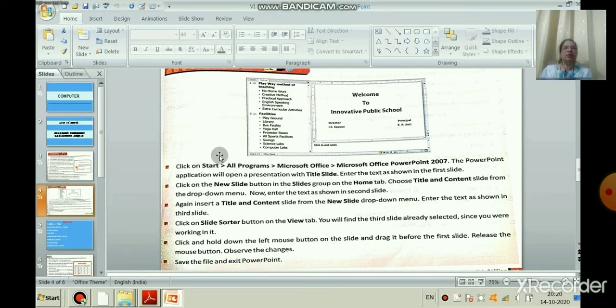And we learned how to create a bullet list, how to move the text from one place to another, how to insert clip art, and how to insert shapes.